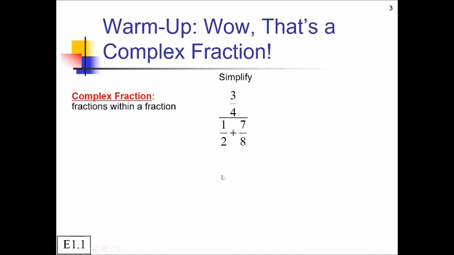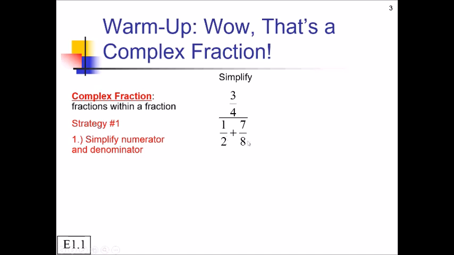Now, there's actually two different strategies for dealing with this, at least two strategies. First strategy would be just to go with what we know, and really all we know at this point is how to simplify fractions like the one in the denominator here. Like we could add 1/2 and 7/8 together. So strategy one is to simplify the numerator and denominator as much as we can using the fraction rules that